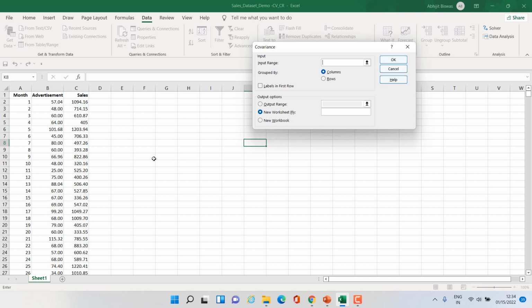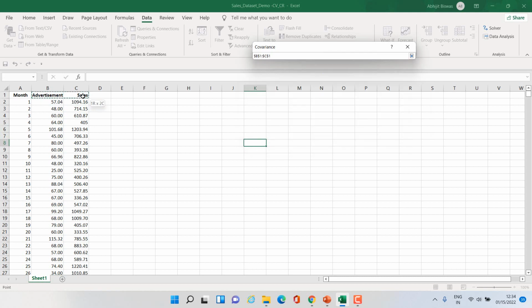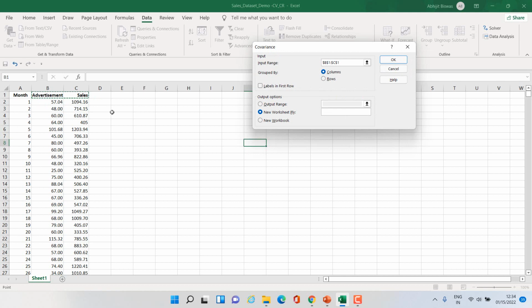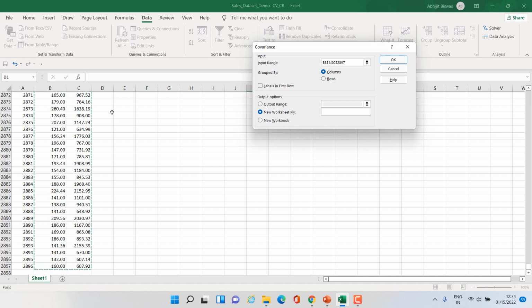In this case, I'm going to calculate covariance between advertisement cost and sales revenue. So what I'll be doing, I'll be selecting the column headings of both the columns, then Ctrl Shift down arrow, and it will help me select all the values in both the columns.